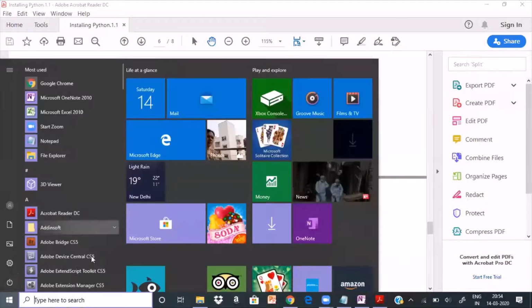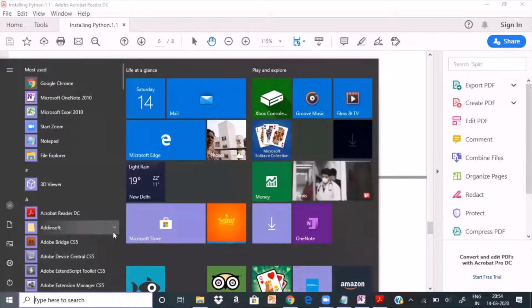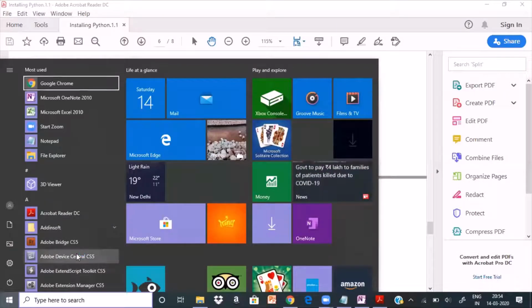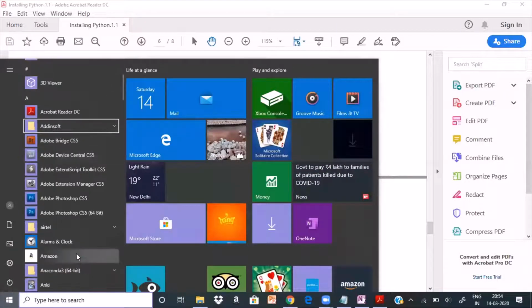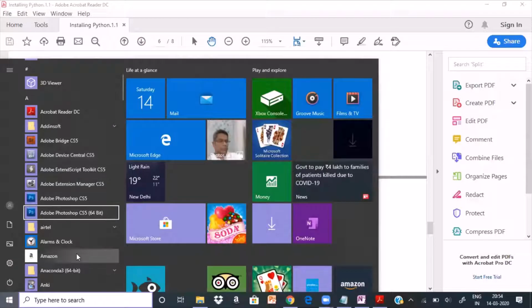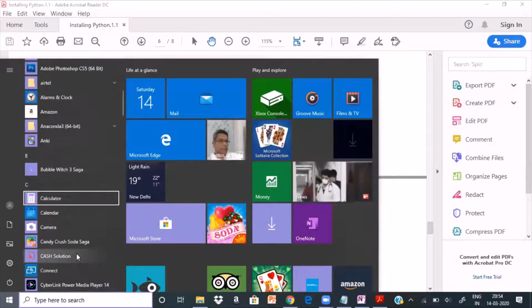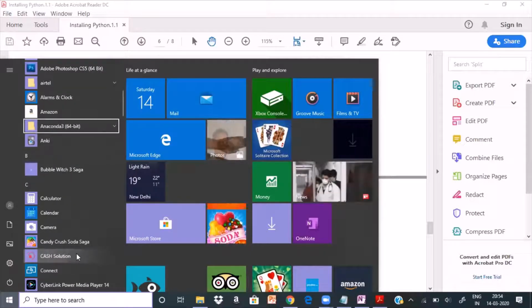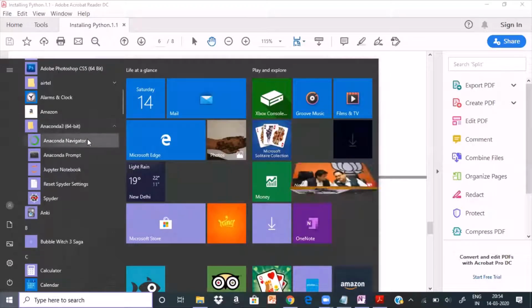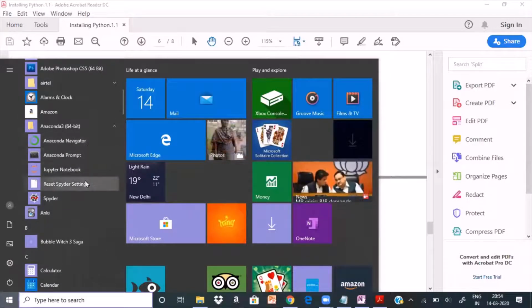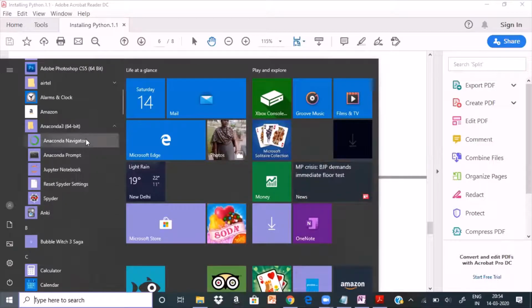Start, Anaconda. I need to go for Anaconda. So click this here. It will show you certain things here. Okay. So if I go to Anaconda Navigator, click this.